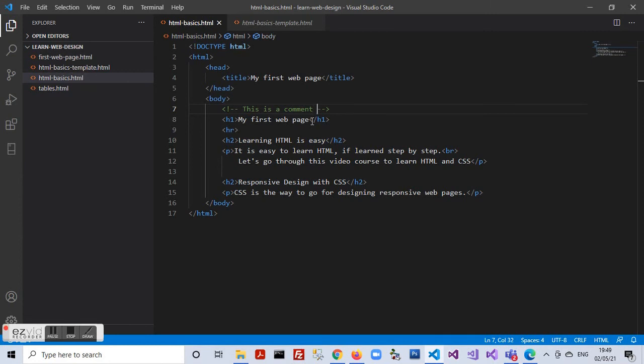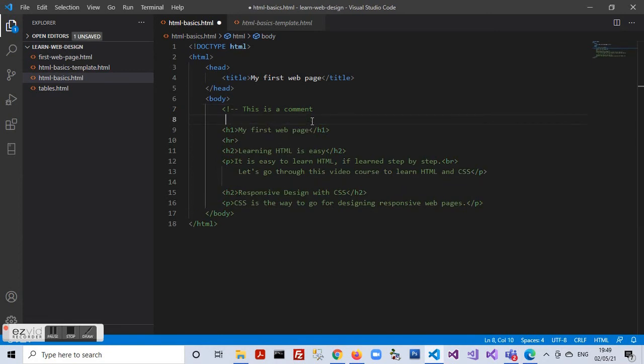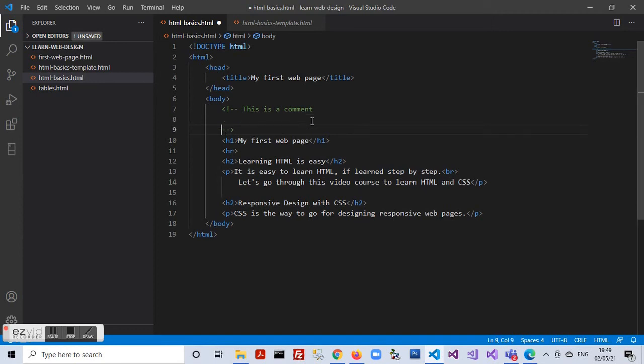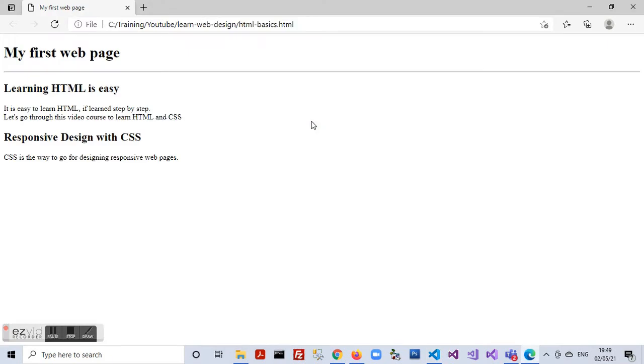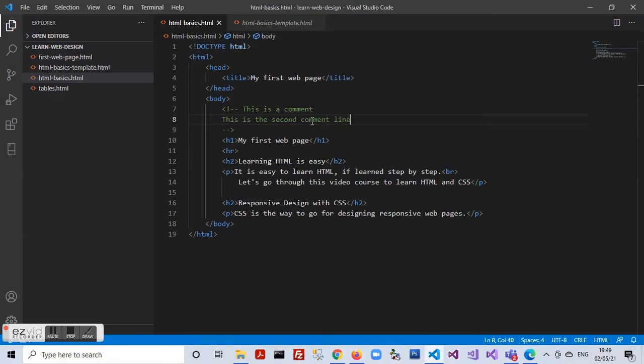The comments can be single line or they can be multiple line. We can put in more lines within this comment symbol. So this is the second comment line. So I can start a comment, I can end with the comment tag, and I can put in multiple lines.